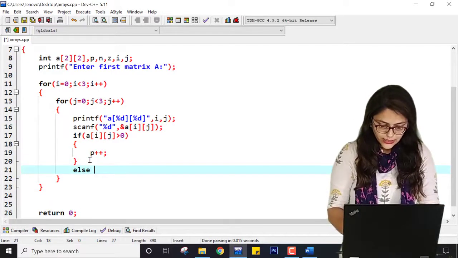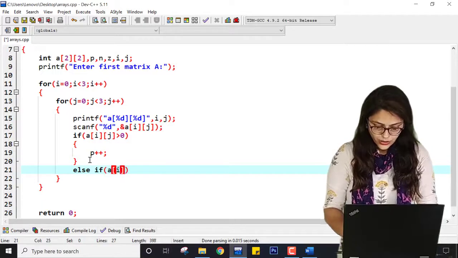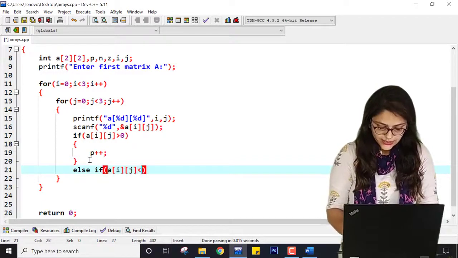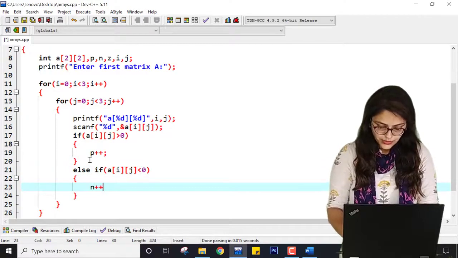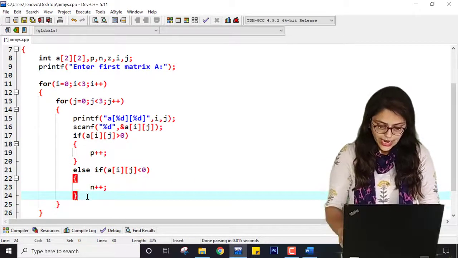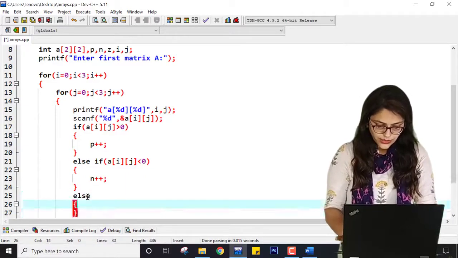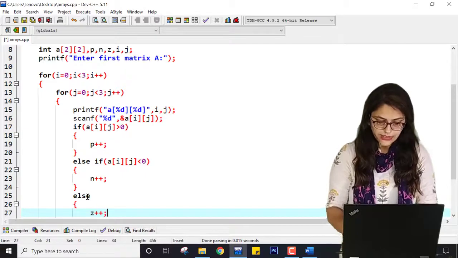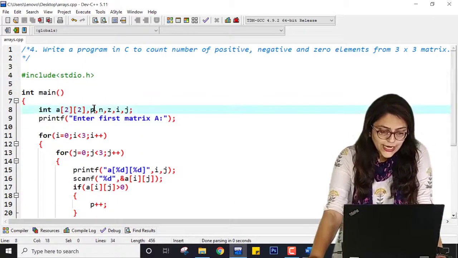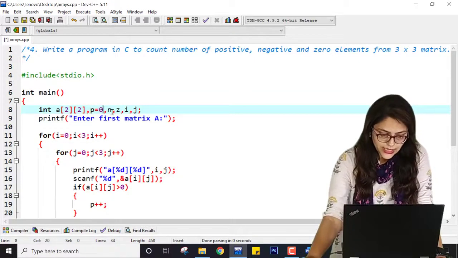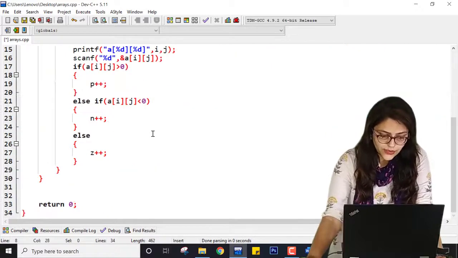Otherwise, else if A of i comma j is less than 0, then I am doing n plus plus, and in the else part it is nothing but z plus plus, because if it is not positive and not negative, then it is 0. So I have to declare these as 0. I have already covered this logic, so I hope you guys are clear with this logic.